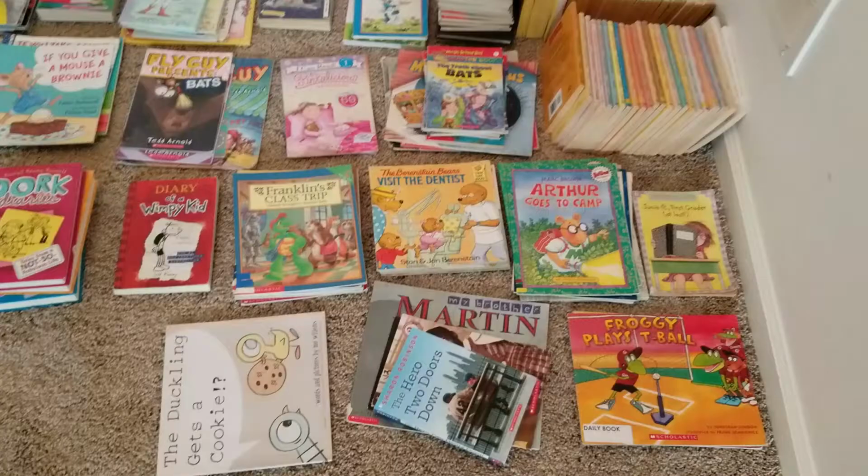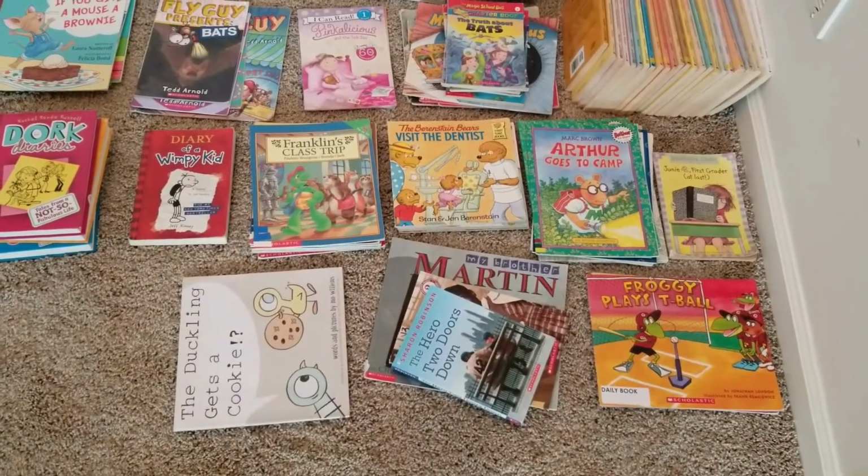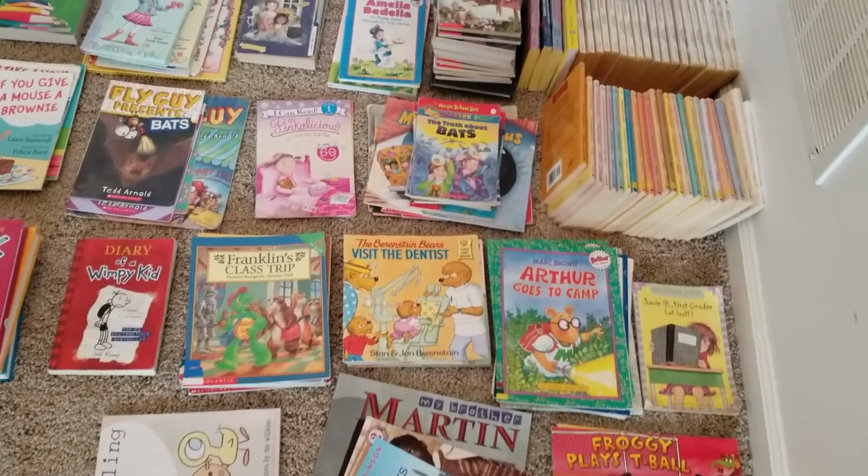So even though I'm still student teaching, I have been collecting books for my future classroom library because I want to make sure that I have a classroom library that has a ton of diverse books. And then I also, of course, don't know what age group that I'll be teaching. And so I want to make sure that I have books that range anywhere from K through 5th. So I have collected a ton of books, and I'm not going to be showing all of them to you